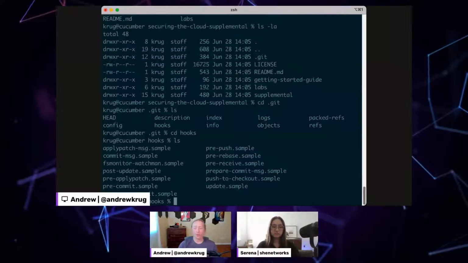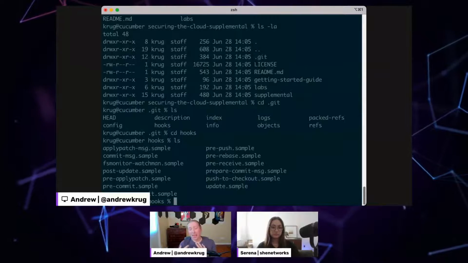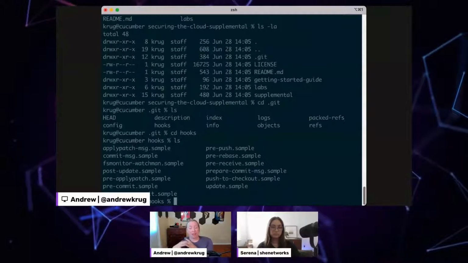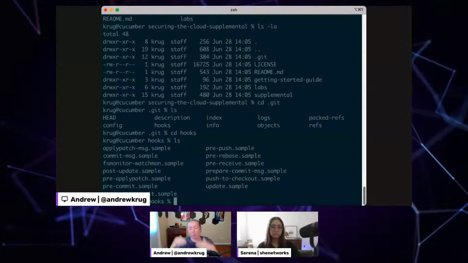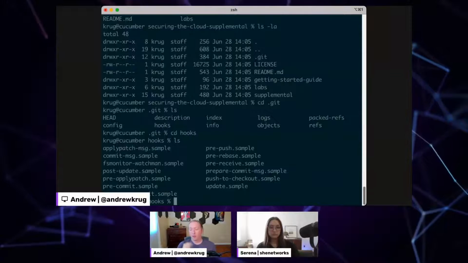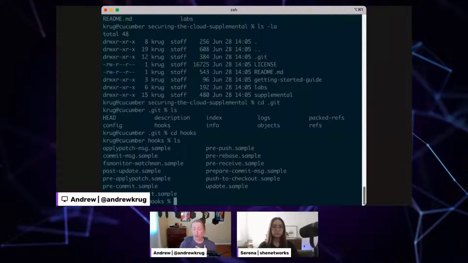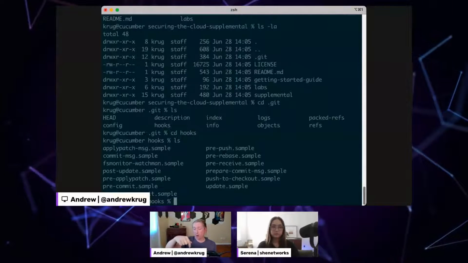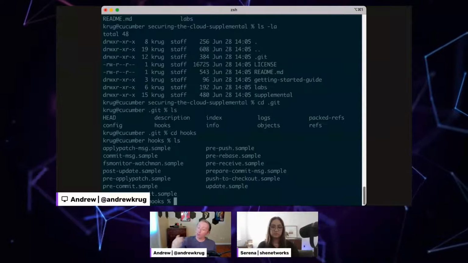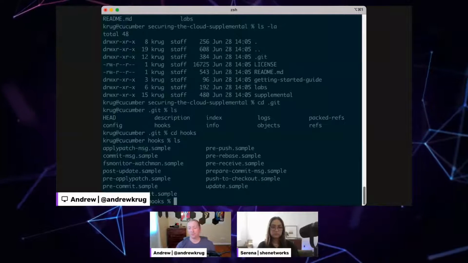And operations teams have been doing this for a long time, right? Maybe they want to run a linter or a code formatter or something like that. But we can also kind of hack this process for security stuff, as long as it's lightweight enough that we can run it on the developer's box. So checks that tend to work really well here are things that run really quickly, because it's going to run before the commit is actually stored, which means if you put something annoying in here, the person who's using it is probably going to take it back out.